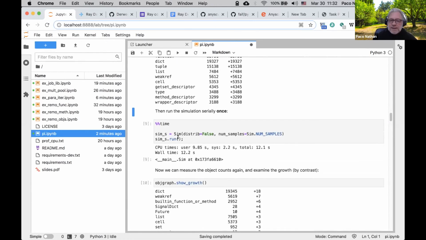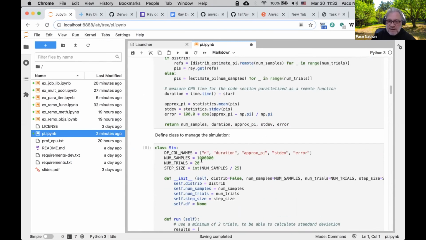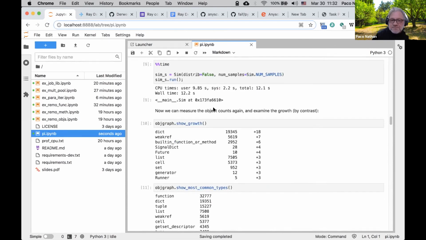Now, we're going to come in and run the simulation not distributed. So we're running it serially. And we're going to give it num samples. I will dig up what num samples was. Looks like 1 million. Okay, so we're going to run 1 million samples with 20 trials each. So we're going to create this class, and we can just call that class .run when we want to run our pi estimation. Now, I've added a decorator,